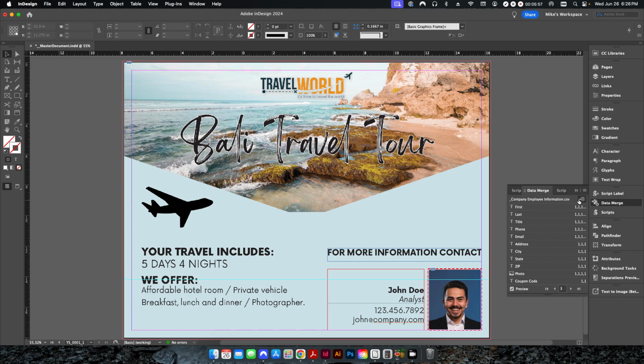yard sign for Mr. John Doe here. So you can go in and you just go to export PDF, and you'll export all of the files from within this document, and you'll get your John Doe information on each one. However, if you don't want the other items, you'll then have to go in Adobe Acrobat and delete those pages out for all the unwanted